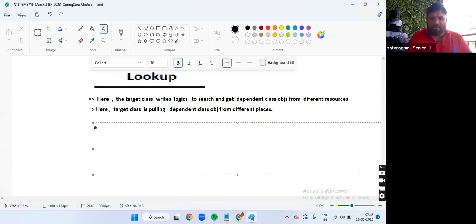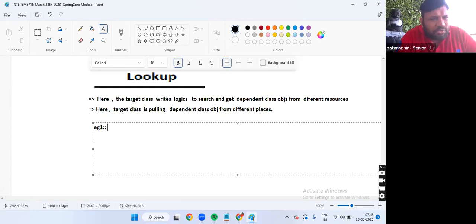Example one. First, let's understand real life examples. A student needs material. Student is the target class, material is the dependent class, right? The student joined the course. He is continuously asking for material from the admin department of the institute. They supplied it later, on one fine day.